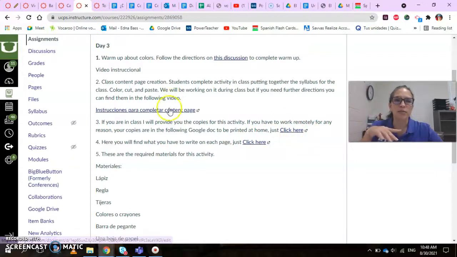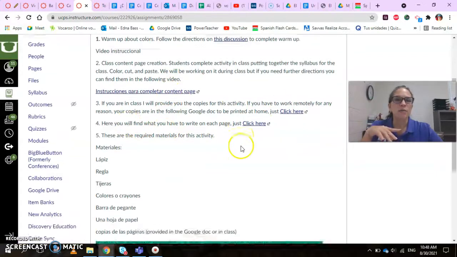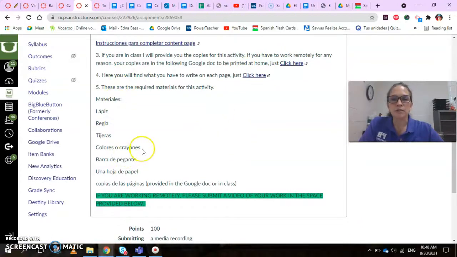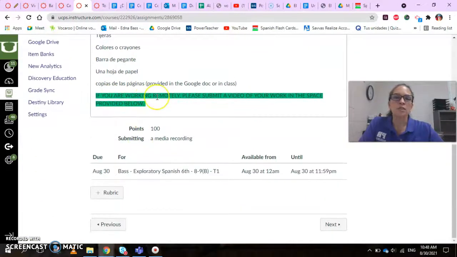I explained that in the instructions here, and same with what is going to go in each one of the pages that we have. You will understand once you do it. So here is the copies to be printed, and here is the information. If you don't complete this during the class, well, you also have the help here that you can do and finish at home. Here's the materials we're going to use,